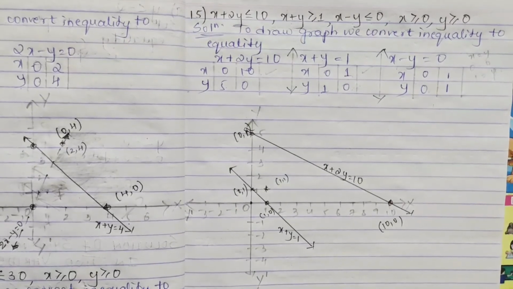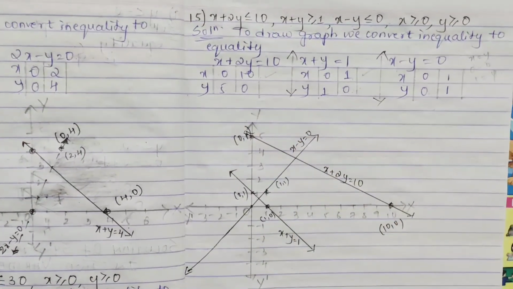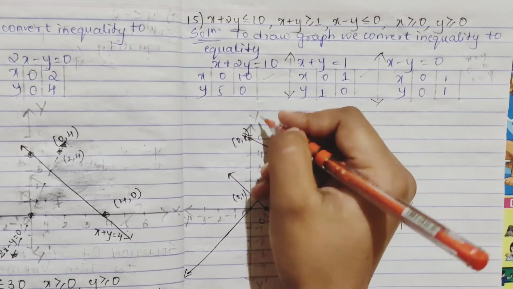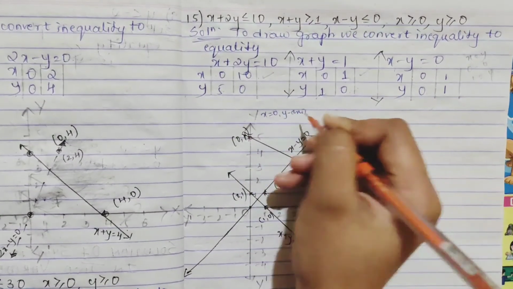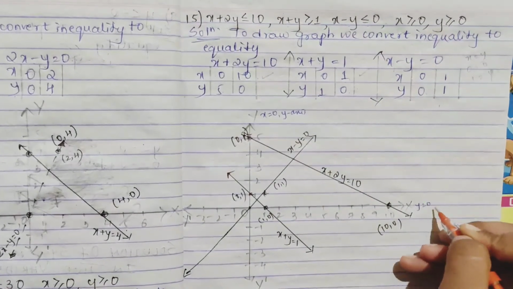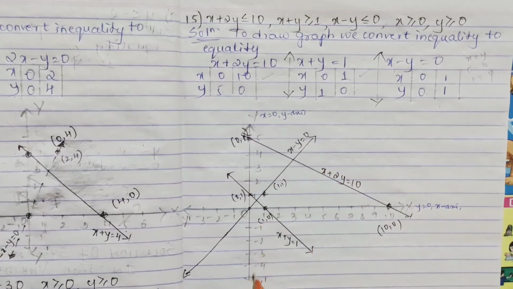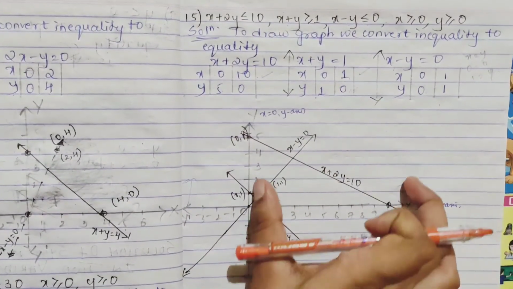Anything, if you put x as 1, you will get y also as 1, right? So you have x minus y equal to 0. And you know only when x is positive, what? When x is equal to 0 it is your y-axis, and when y is equal to 0 it is your x-axis. This you know only. And the positive side means obviously it will be this positive, and this will be this positive. Only your positive section, this part.